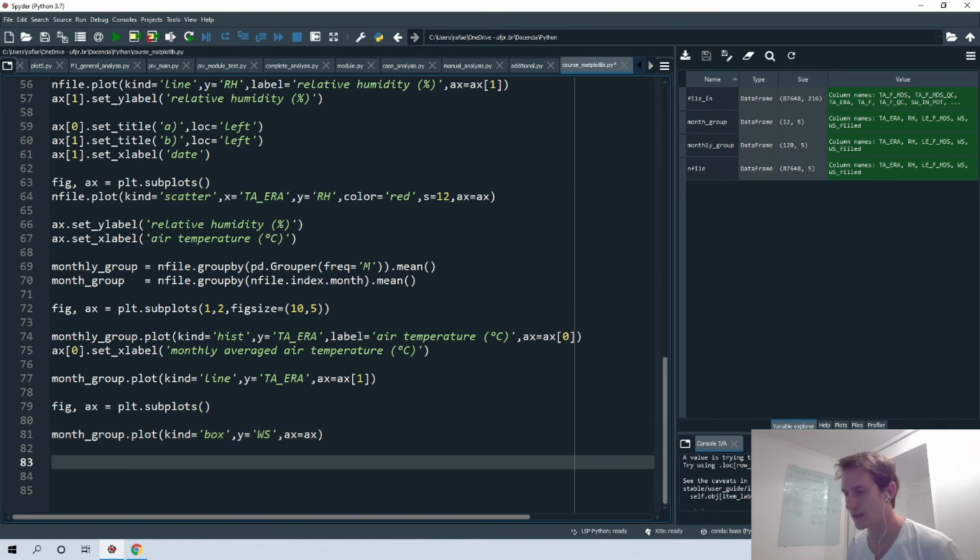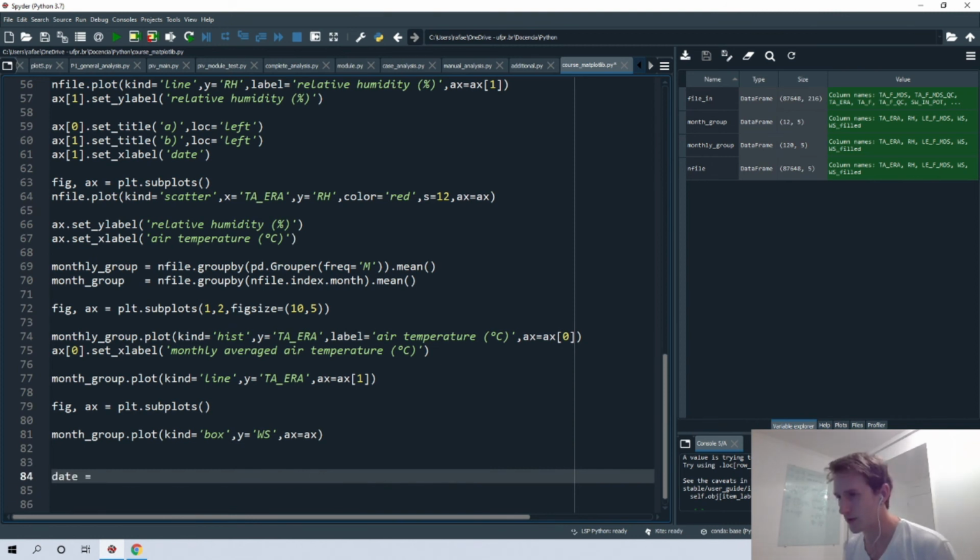For that, we call our data frame dot index that we defined, dot to_datetime. And then this converts our index, our timestamp, to string values.